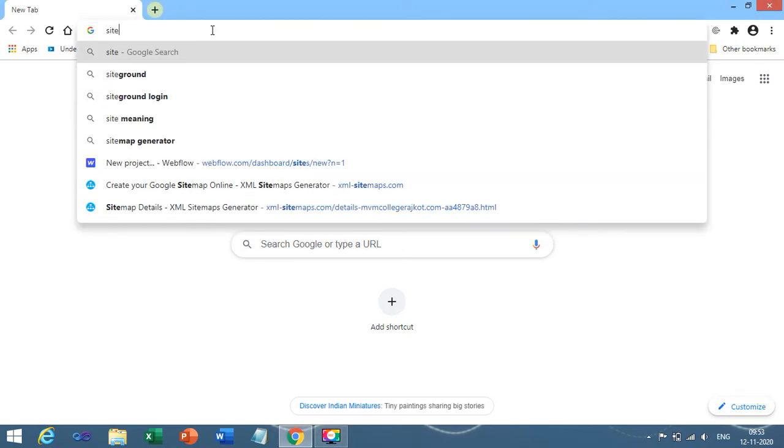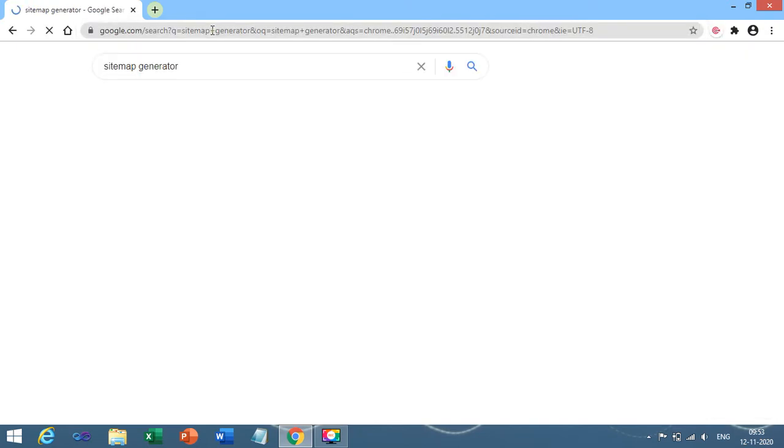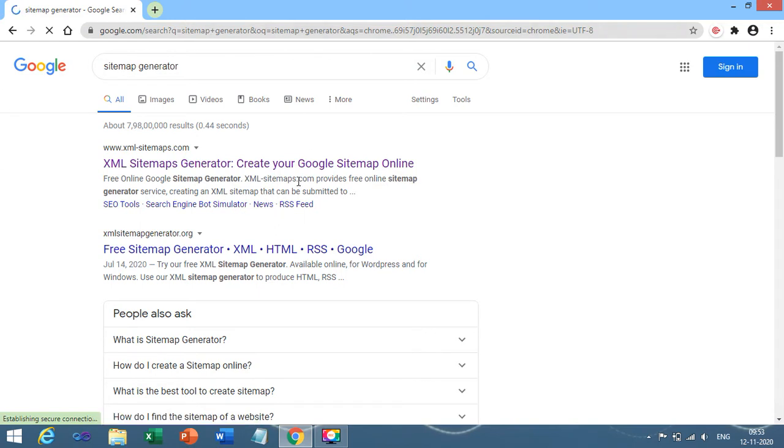The theory portion we have already completed. You can type "sitemap generator". Over here you have many tools which are freely available in the market. When we saw the theory of sitemap and robots.txt, I told you that there are many tools freely available in the market. Either you can use them or you can purchase a licensed version of another one. So now let us start with the XML sitemap generator.